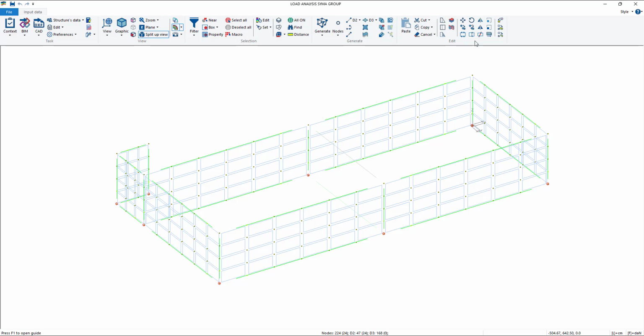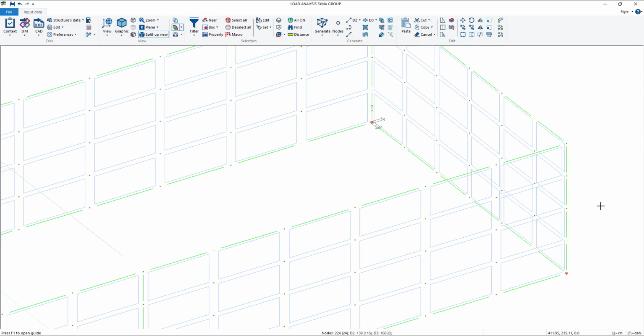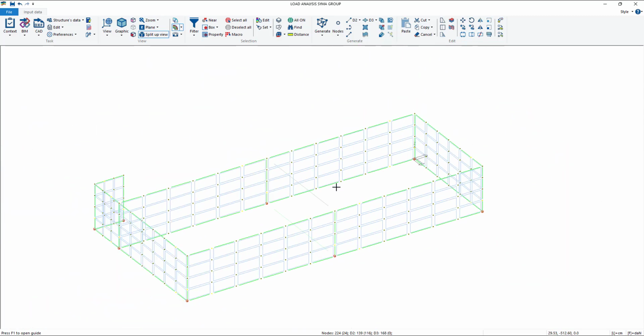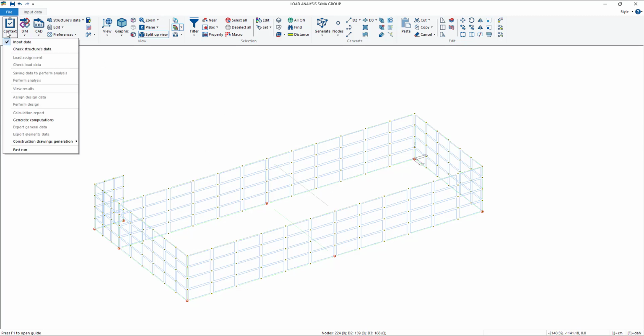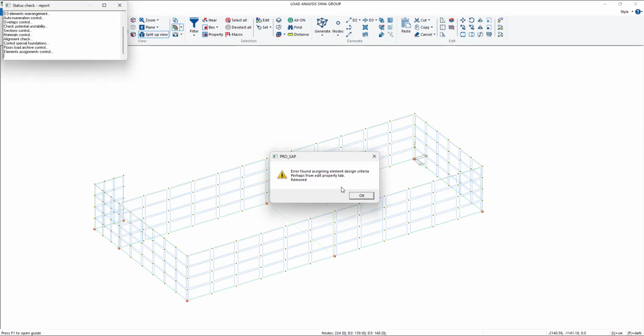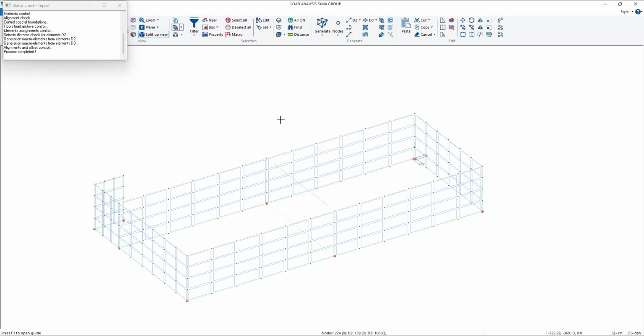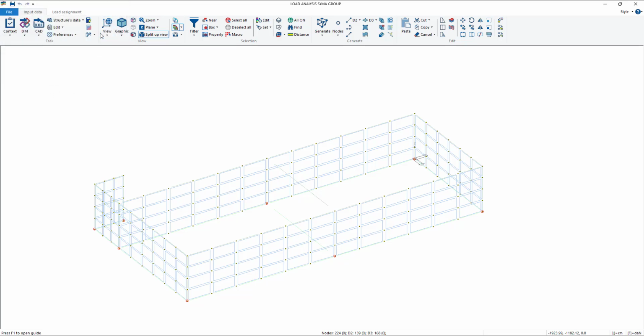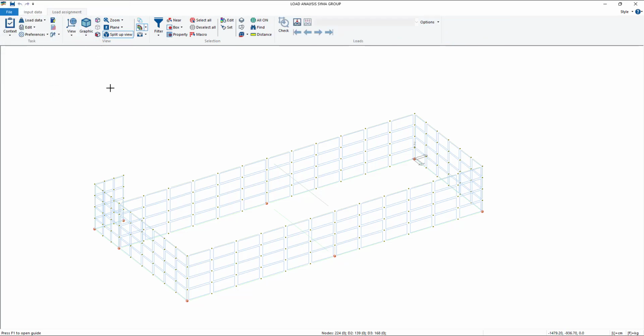Okay, and now I can click not divide, but intersect. So splice the elements with the nodes. Each time I click, a piece of beam is subdivided by the nodes. So you have to click several times until you see that everything is fine with columns, with beams, etc. Okay, now we should be okay. We go back again on context, check structure data. Okay, I think we can ignore this warning. Process completed. And then we go back again on load assignment.